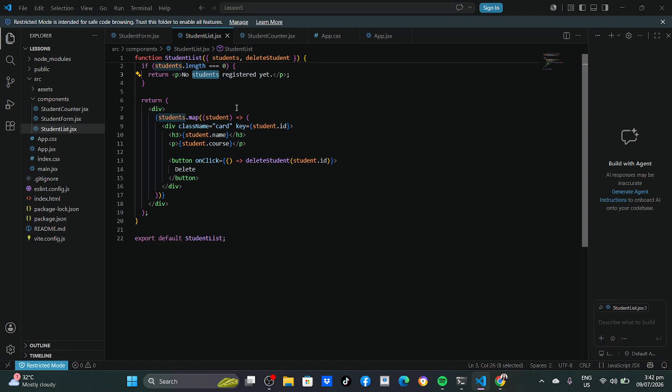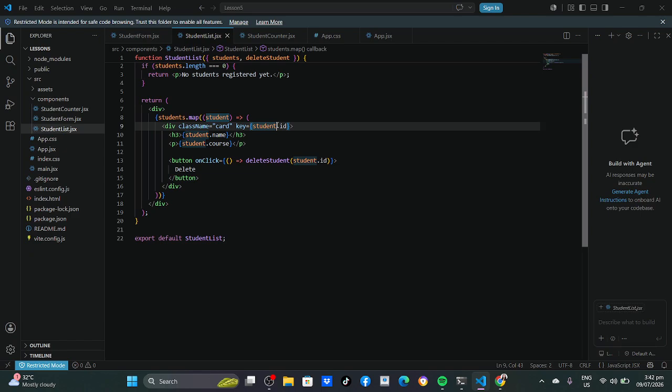Next, I use a map here. This map method loops through every student in the array and displays a card for each one. It will display the student name and the student course. Each card has a key, the student ID, as you can see in here.